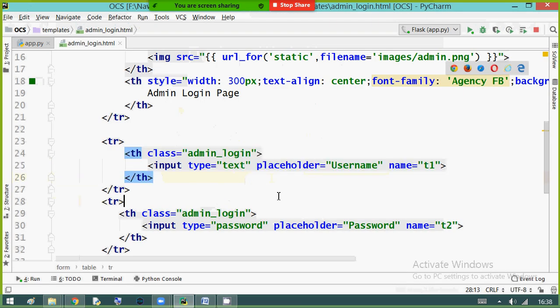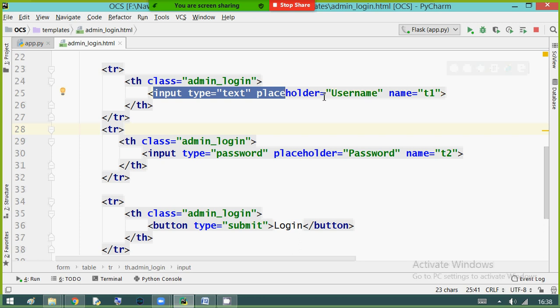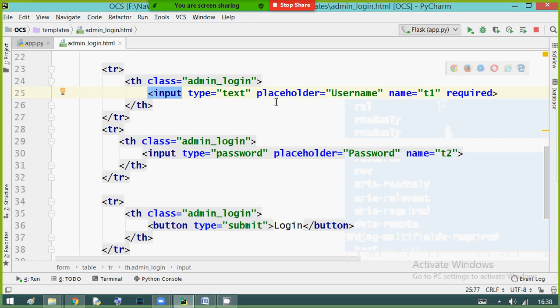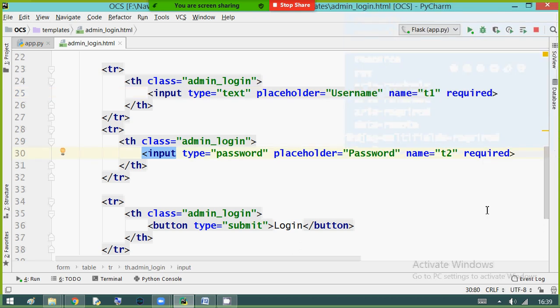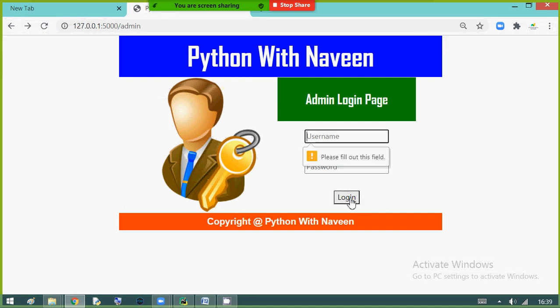So what I am doing, just observe, for the input field text username, I am providing the required attribute. Similarly for password, I am saying required. So username required, password required. Once I refresh, now click on the button.